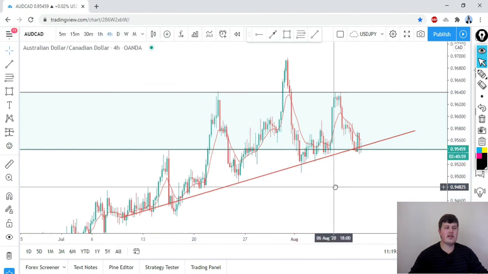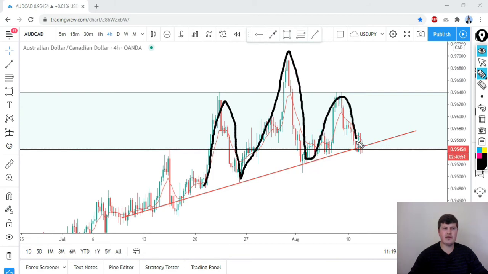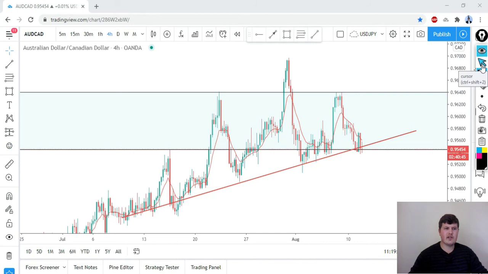There we go. Okay, so we have our left shoulder bounced on the neckline, our head bounced on the neckline, then our formation of the right shoulder. Now, how you go about trading head and shoulders is you wait for the break of the neckline. So whenever price breaks below this neckline over here, this can be another indication that price is likely to head